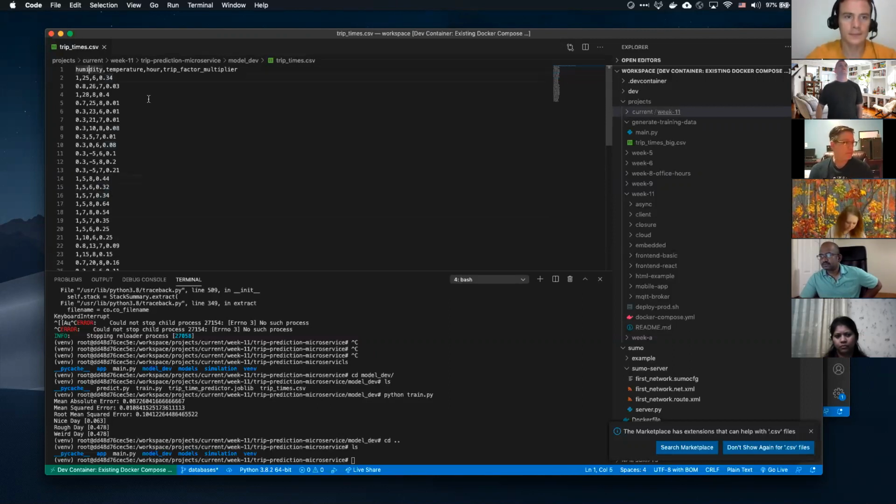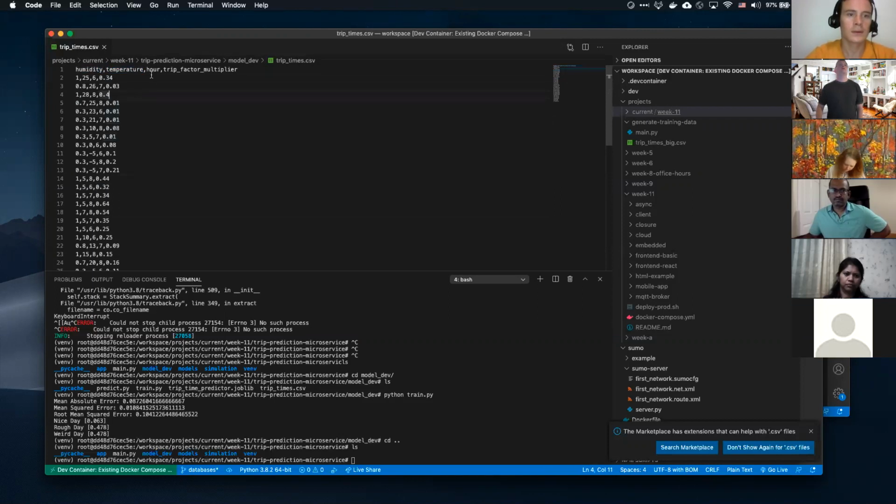And so we've got our features, our humidity. Let's say we collected that from some sort of historical weather API. We collected the temperature, also easy to get based on weather APIs. You've got your hour, which you could say is 6, 7, 8, or 9. So to your point, Beth Ann, you could say it's an average or whatever, but I'm just going to say if you're within that, we'll round it to the nearest hour, ceiling or floor, take your pick. And then the trip factor multiplier.